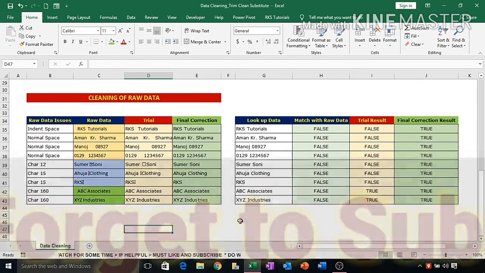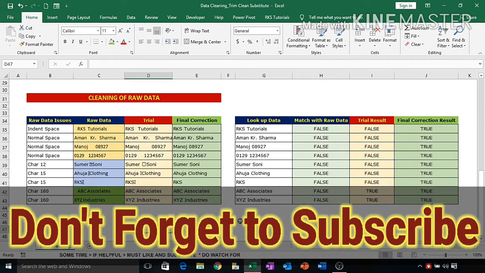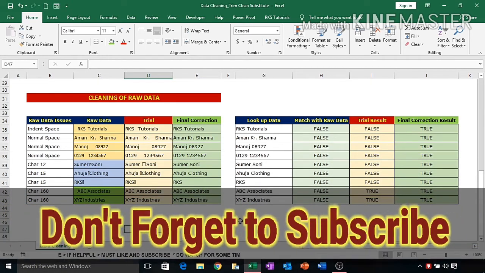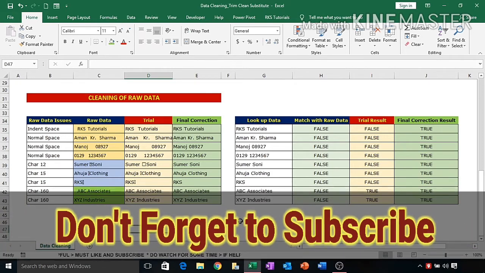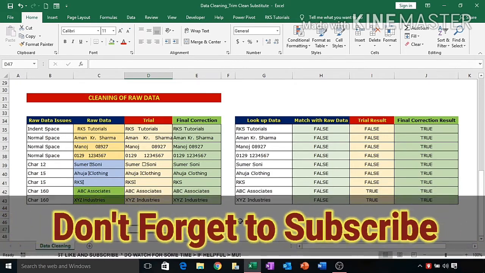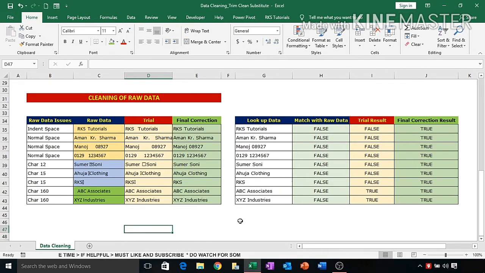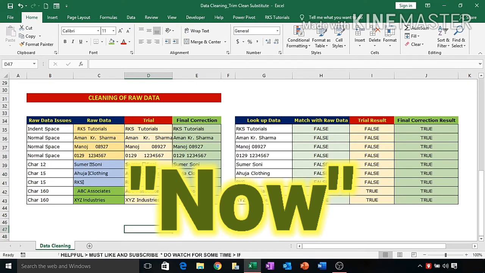Once you see the data, if you find there is a problem of only spaces, then you can use the TRIM function, it will remove the unnecessary spaces. And if there is a problem of non-printable characters, you can use only the CLEAN function.